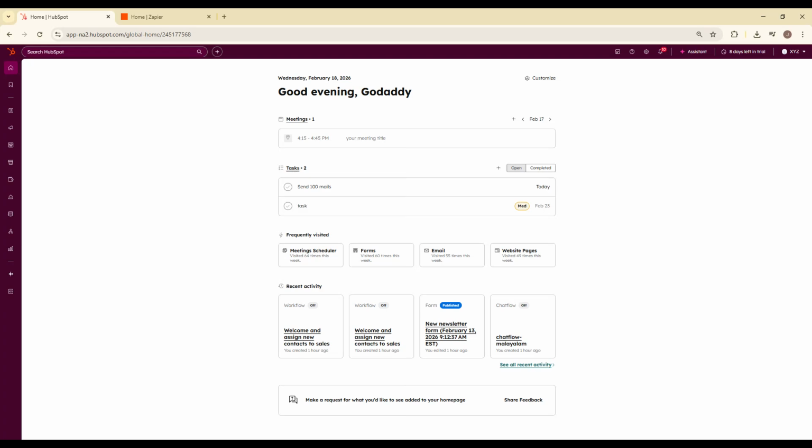In today's video, I'm going to show you exactly how to connect HubSpot and OneSignal using Zapier so you can automatically trigger push notifications based on your HubSpot activity. This is perfect if you want to send real-time notifications when a new contact is created, when a form is submitted, or when a contact property changes inside HubSpot. By the end of this tutorial, you'll have a fully automated workflow running in the background without writing a single